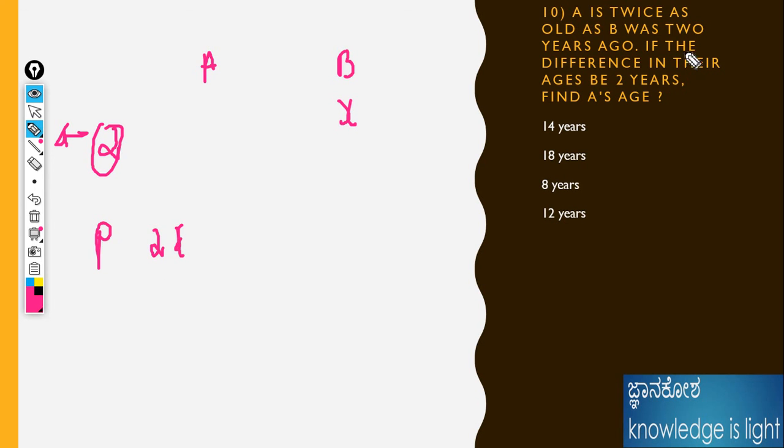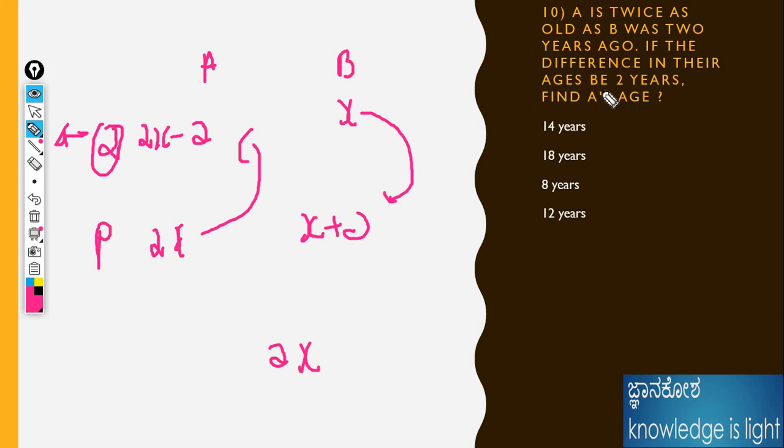If the difference in their ages is 2 years, okay, fine. See friend, this is the minor highlight thing. If we go to the future, it will be coming as x plus 2. Understand? And if we go back, it means 2x minus 2. Then to equate the formula we will get the answer easily. Take the difference between those things: 2x minus x minus 2 is equal to 2. Okay, x is equal to 4.